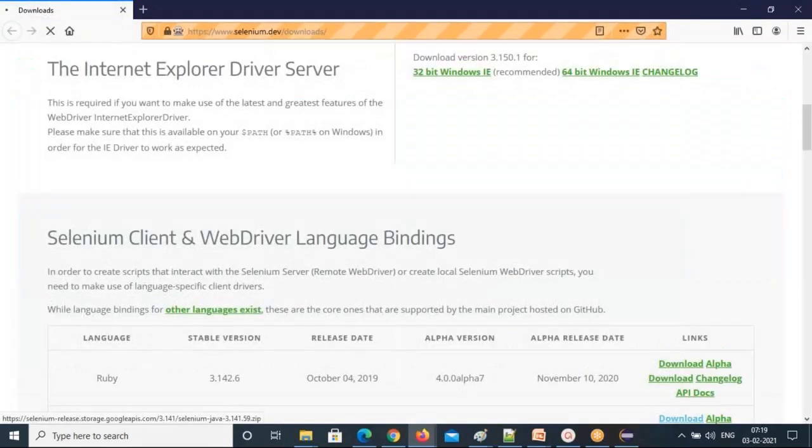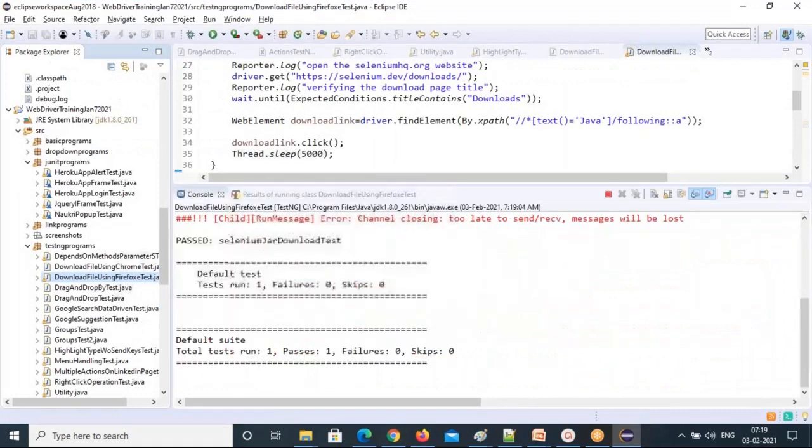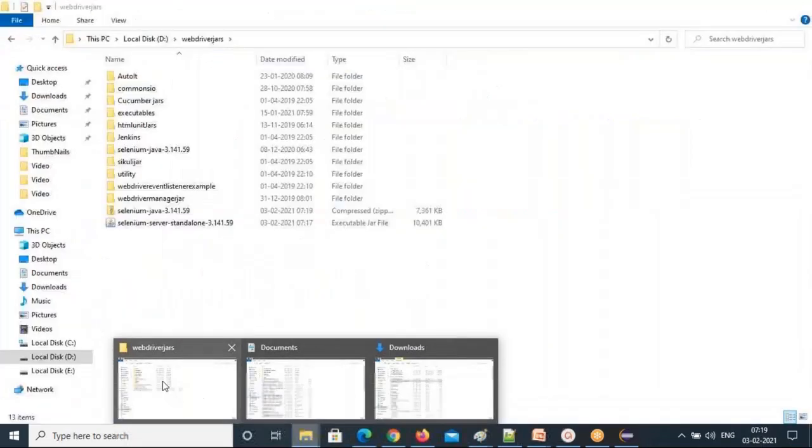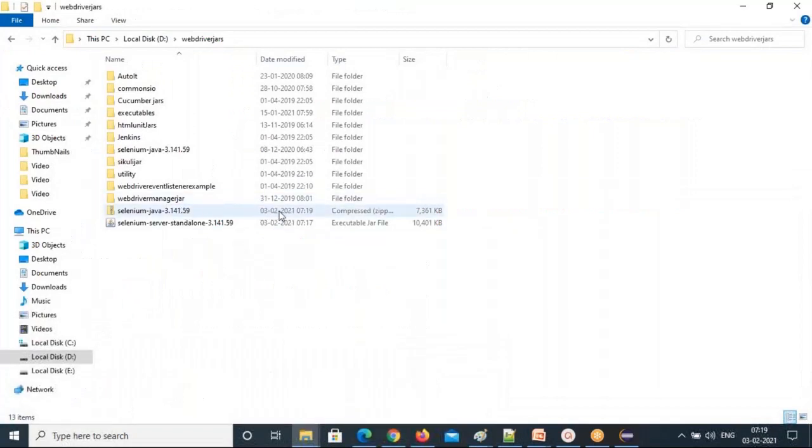The Firefox browser is opened. See, download is clicked already. If you click download, it will ask save to disk, but it is not asking. We told that if any such kind of download manager is opening, don't show. That's the reason. You go there and see that. Just now 3/2/2021 7:19, it's downloaded the zip file. So that's how you can download.